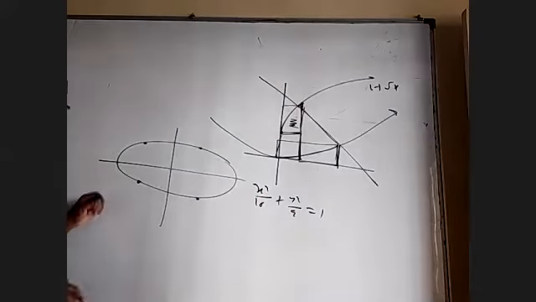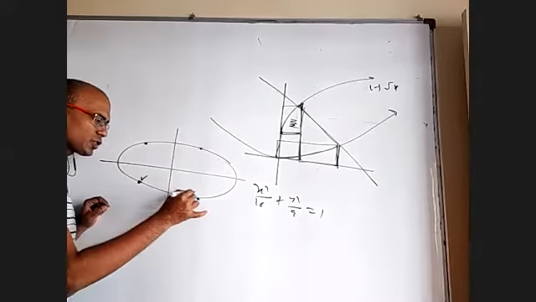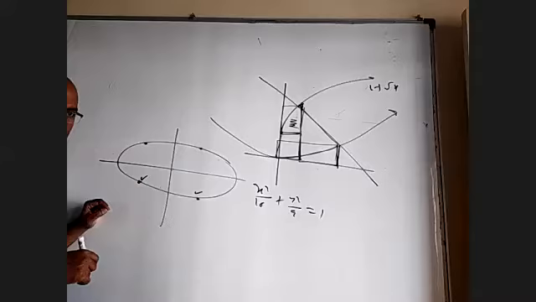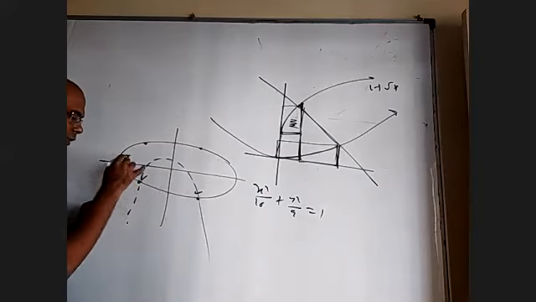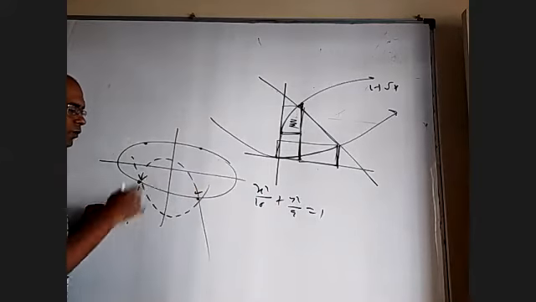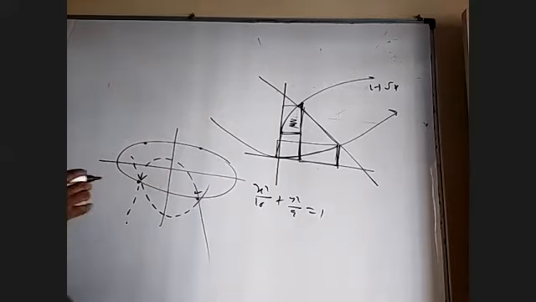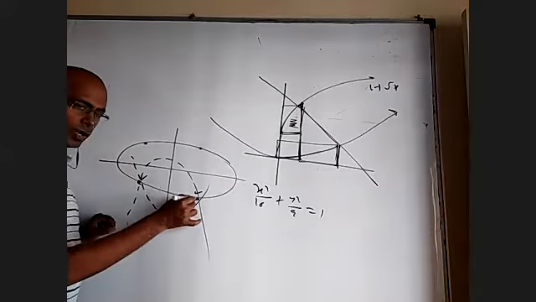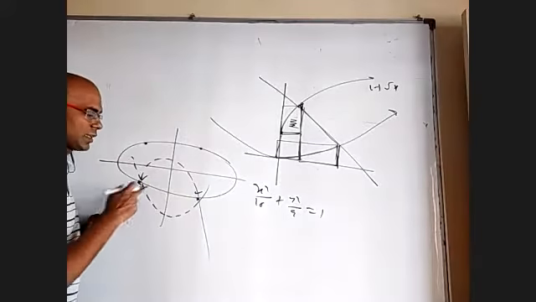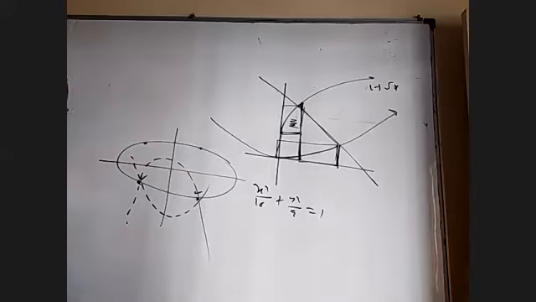The question is, having these 2 as ends of the latus rectum, there are 2 parabolas. One is like this and one is like this. What is the area between these 2 parabolas? That's the question. Now, you are supposed to find these 2 points, find these 2 parabolas and integrate from here to here, upper curve and lower curve. But I don't need all that.